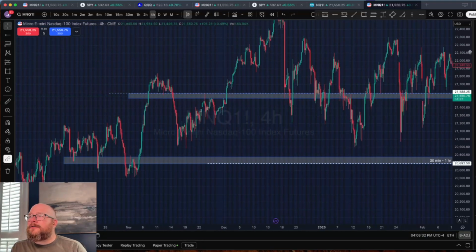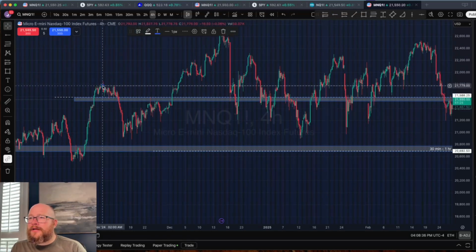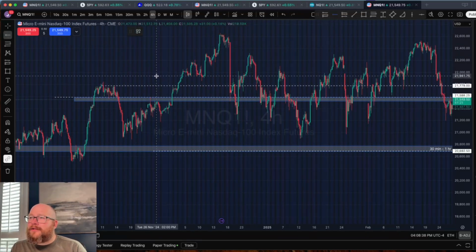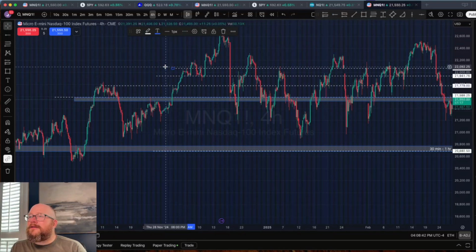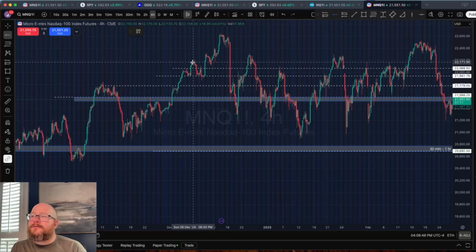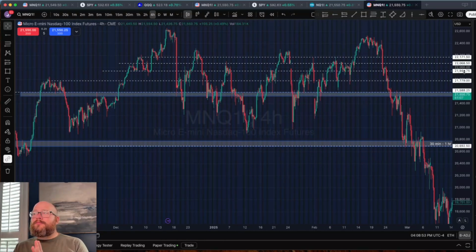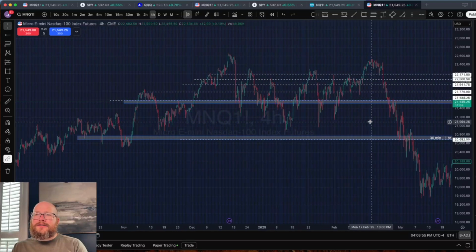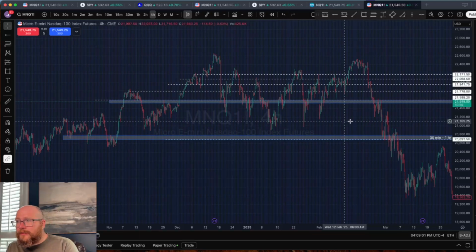Now, again, you're going to want to try to do all the areas. Before it's over with, you're going to have a line right here, and then a line right here, and then a line right here, and then another one right here. And it's okay to have a bunch of levels on your chart. The one thing you really want to make sure that you do is, when you have zones, after you've picked the big ones, again, you can make plays off of these 1 hour zones. They're absolutely amazing at that. However,